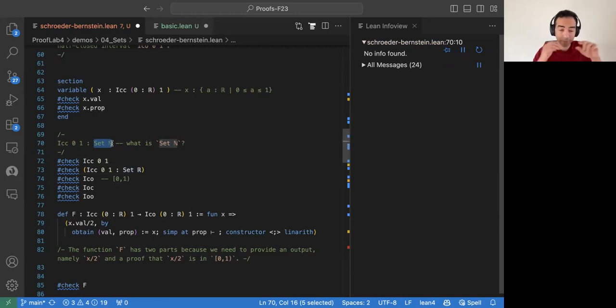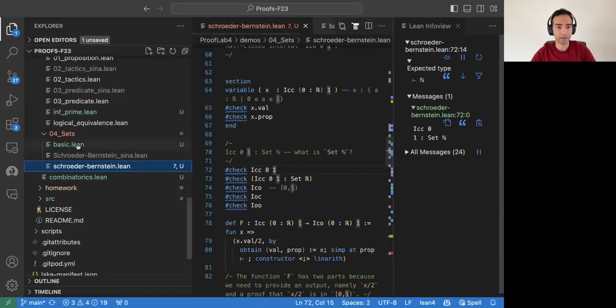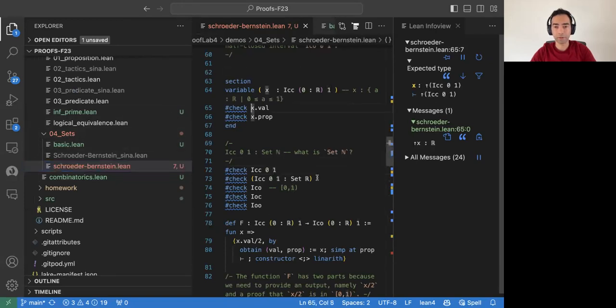I don't know if you remember, but very briefly, we talked about this in the very first lecture when we introduced types and type constructors. But other than that, we actually haven't had time to talk about these things. So maybe I start a new file, which I have already. It's called basic.lean, I put it here under the folder Set,